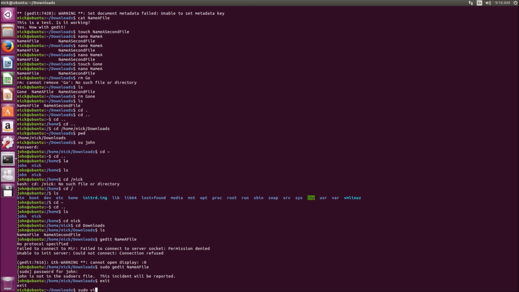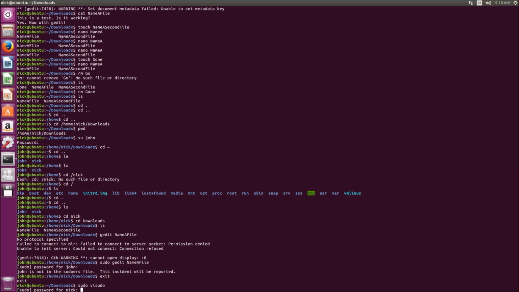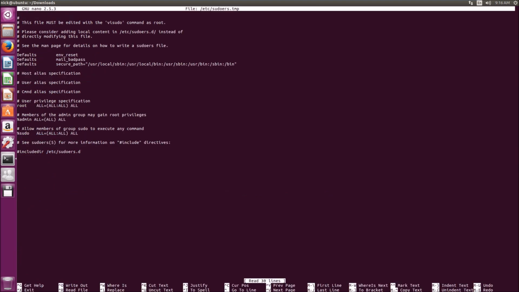So let's do sudo visudo, and it asks me for my sudo password. And here we have the sudoers file. This sort of explains the permissions behind who's allowed to sudo, and what permissions they have when they do that. So here you can see pretty much 3 different sections. User privilege specification, members of the admin group may gain root privileges and allow members of the sudo group to